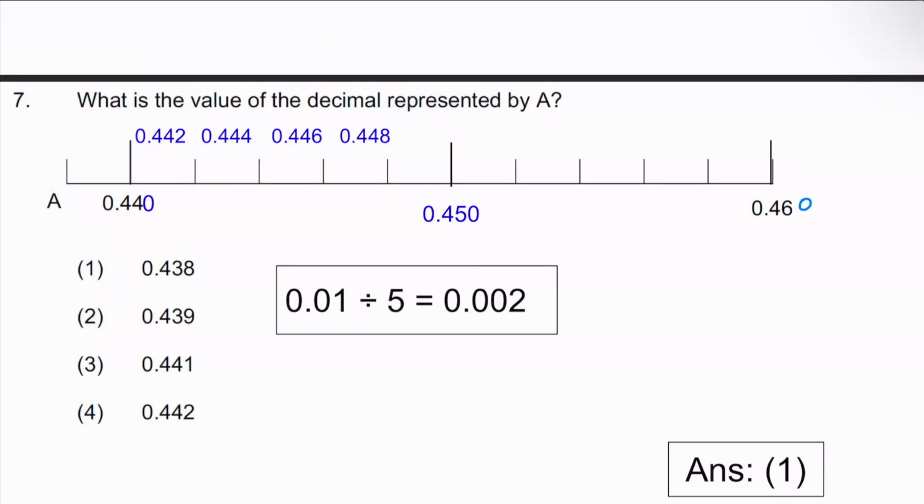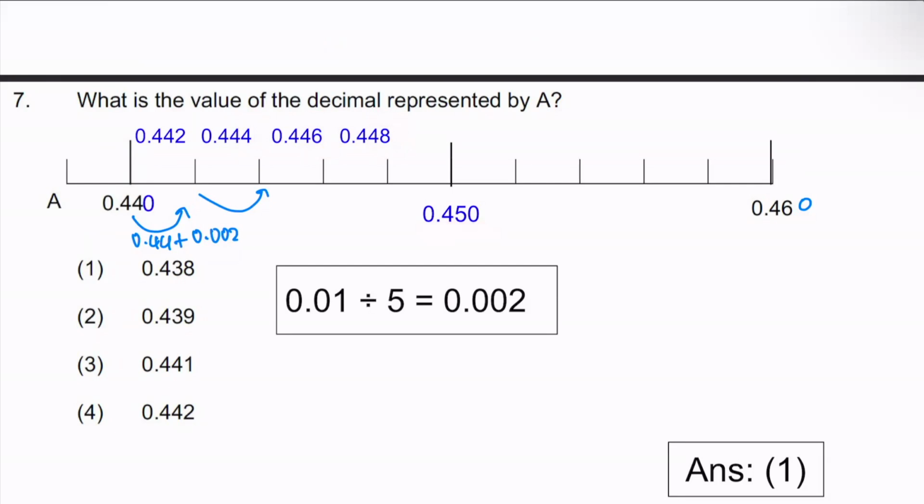So the pattern here is 0.44 plus 0.002. Okay, so each time you jump here, you add 0.002. So for example, this is 0.440, then you add here, becomes 0.442, then you add here, becomes 0.444, then 0.446, 0.448, and then here finally is